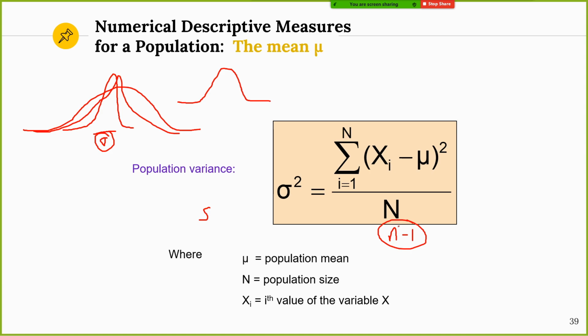Population could be 1,000, could be 1,000,000, could be 10 million. So the experts want to make sure that this sample describes quite similarly the actual population, the actual condition. So that's why we use this n-1 for the sample. Okay, so that's the explanation for why we use n-1 for this formula for the standard deviation.